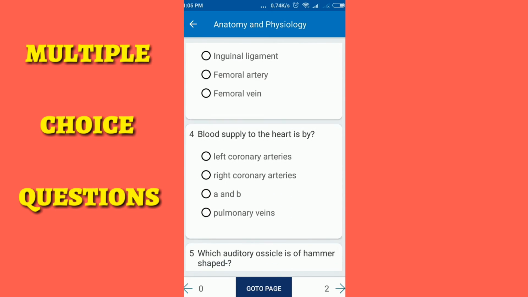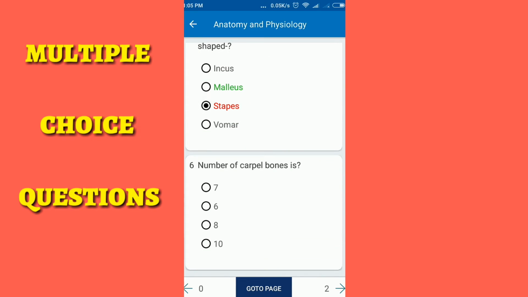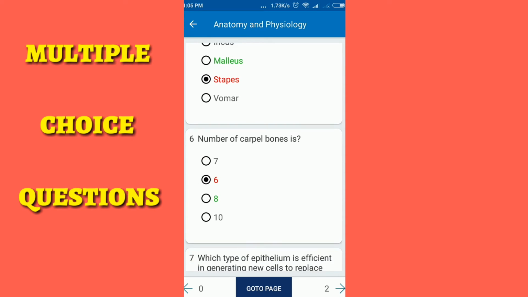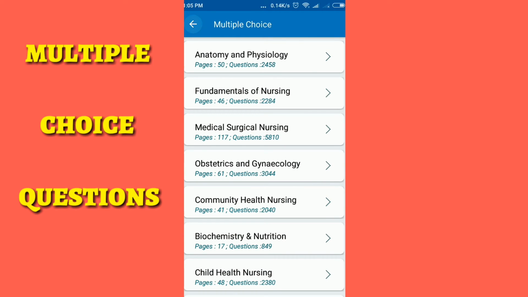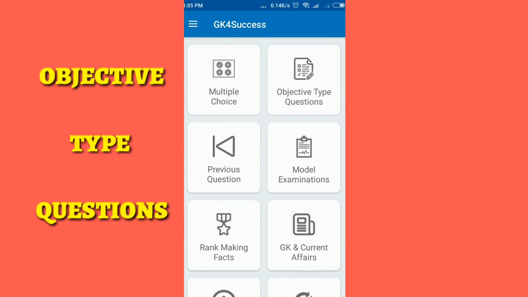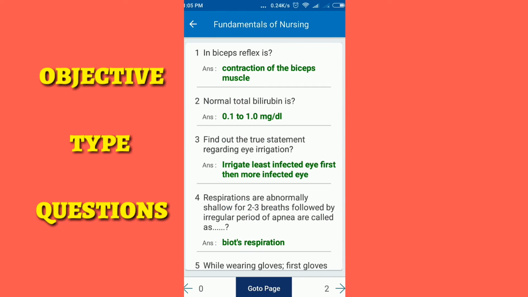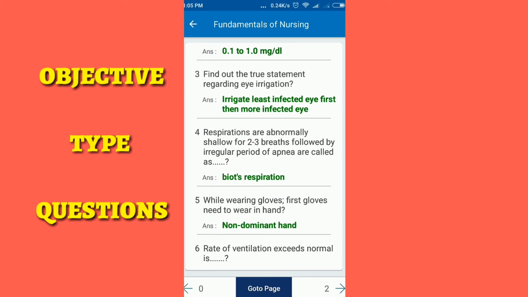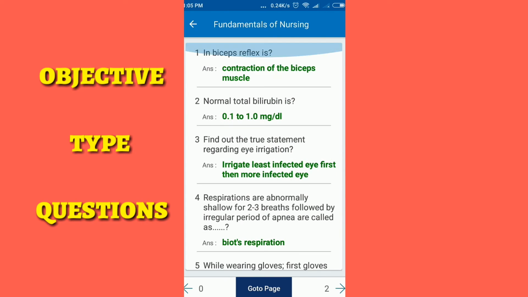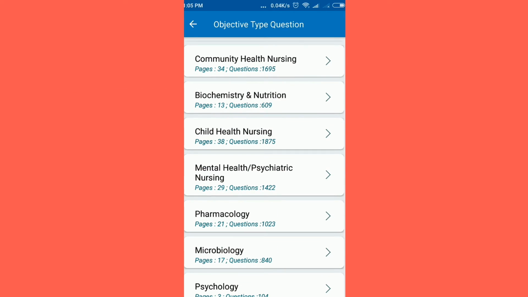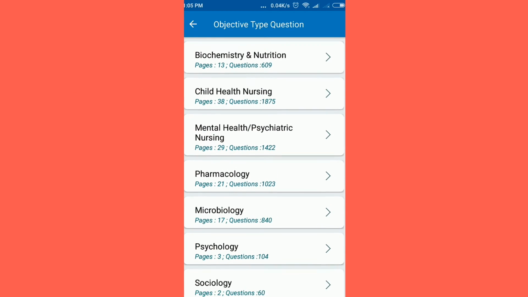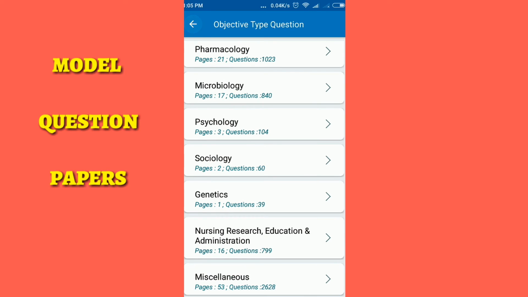In multiple choice questions, you can select an option and see whether your answer is correct or not. You can verify that. You can study like this also, because all other nursing exams will be online, that's why you can prepare for that also. Objective type questions also will be there, in which you can give your answer in a single word. They have given both methods, and that will be beneficial for nurses to study. These are the various methods through which you can study for the exams.